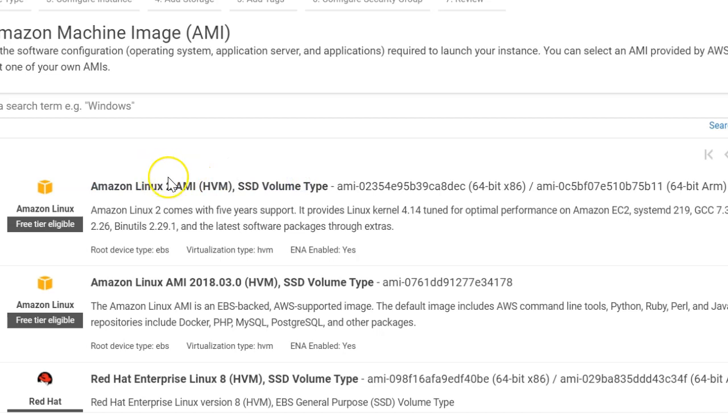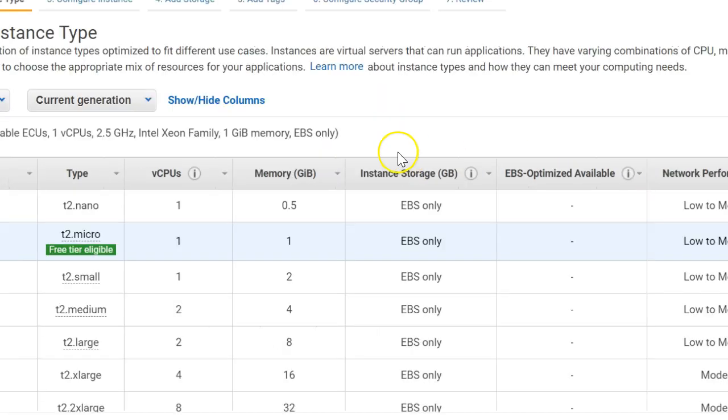If you go to free tier only and select this option, you can see the same free tier eligible AMI, and you need to select it. I'm going to select it, then leave these options default and go to configure instance details.